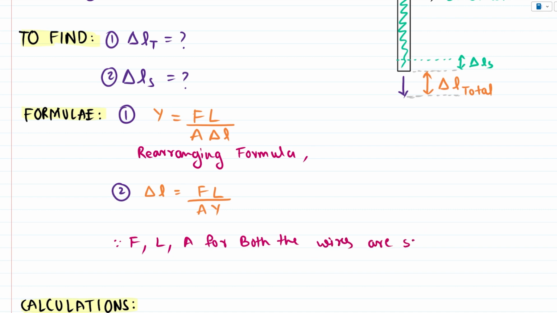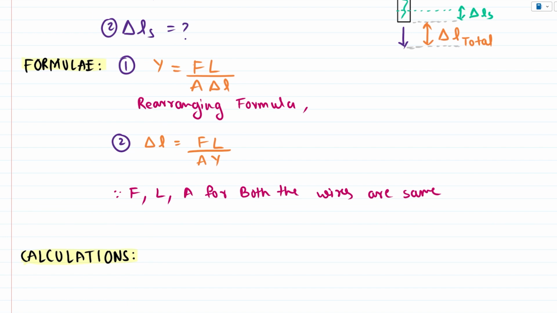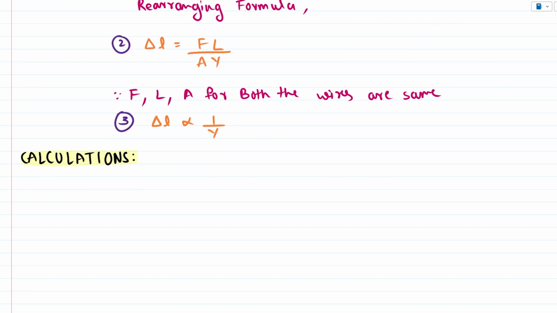are same. So whatever increase in length that each wire is experiencing, that is only dependent now on the Young's modulus of these wires. So delta L is inversely proportional to Young's modulus. So this now becomes an interesting condition which will help us to simplify our calculation even further. So calculation mein I'll quickly write from condition